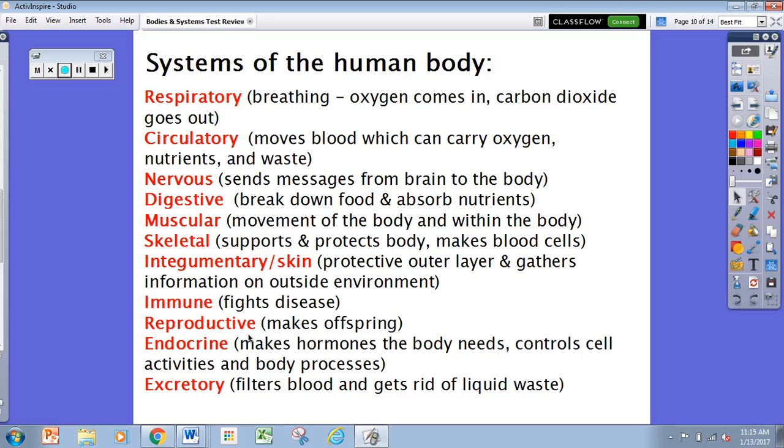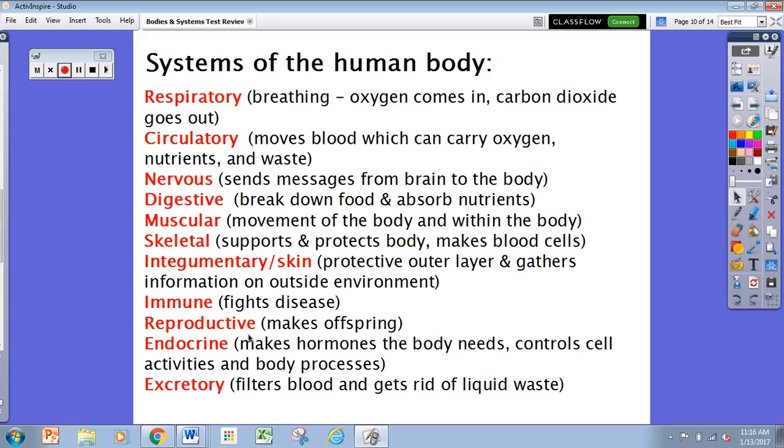All of those things help the skin to communicate with your nervous system and let you know what's going on outside of your body. Your immune system helps you to fight off disease like colds and other even more dangerous diseases. Your reproductive system is responsible for making offspring, making more human beings. Your endocrine system, which we didn't talk about a lot,